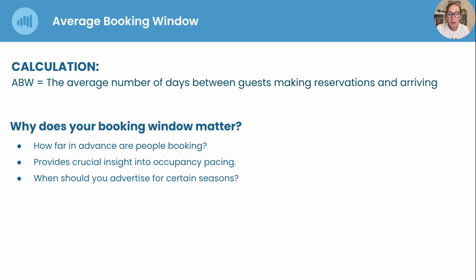So now we're going to look at the booking window. This is the length of time between a guest making a reservation and arriving. This allows you to look at your pacing. It allows you to understand your marketing spend and your marketing channels. So when should you be advertising? When are you expecting the bookings to come in for your type of portfolio? And therefore, what should you do with your pricing if you're pacing ahead or behind where you're expecting to see